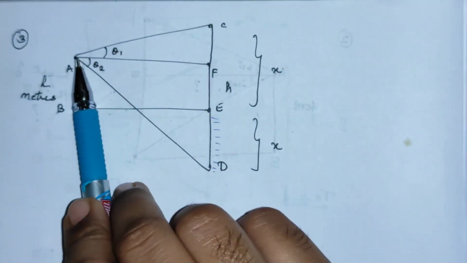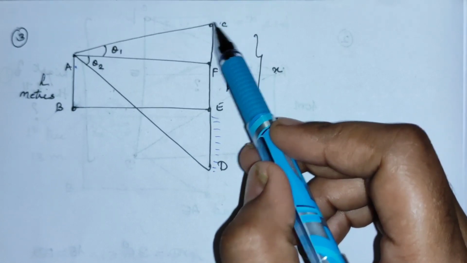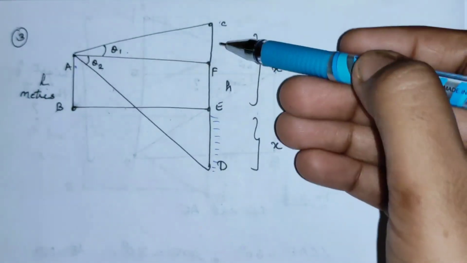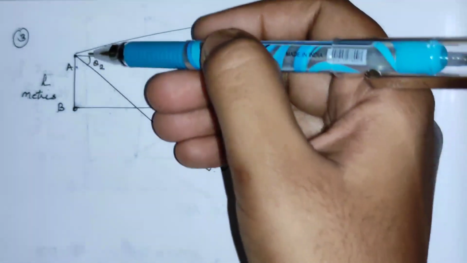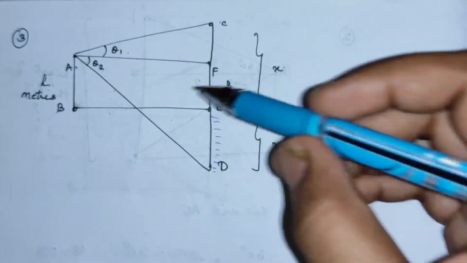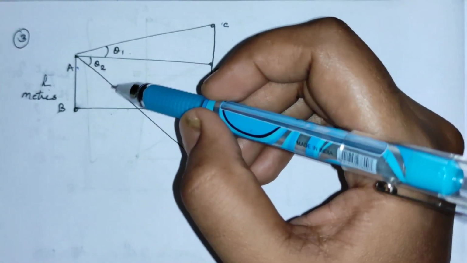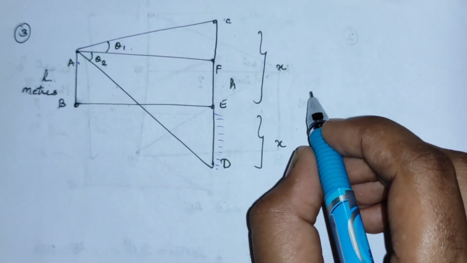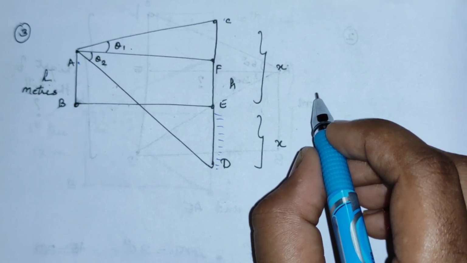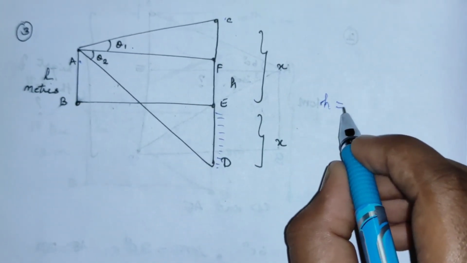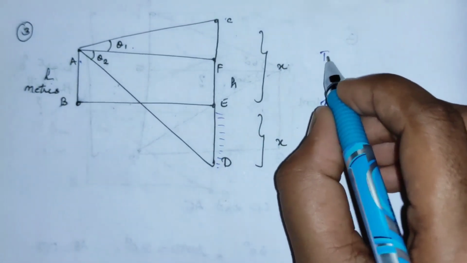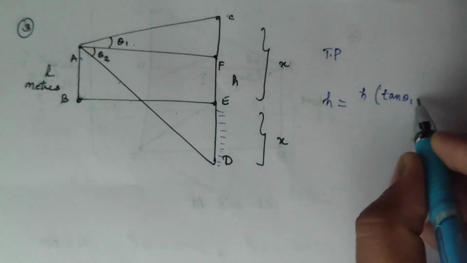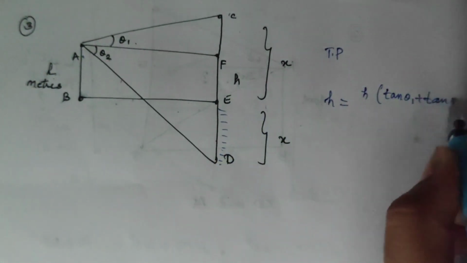Imagine a man is standing here, looking at the cloud. When he looks at the cloud, the angle is theta 1. The reflection appears in the water, and when the same person looks at the reflection from the same place, the angle of depression is theta 2. So we are asked to prove the height of the cloud from the ground. They have told us what this height will be. To prove: h is equal to h of tan theta 1 plus tan theta 2